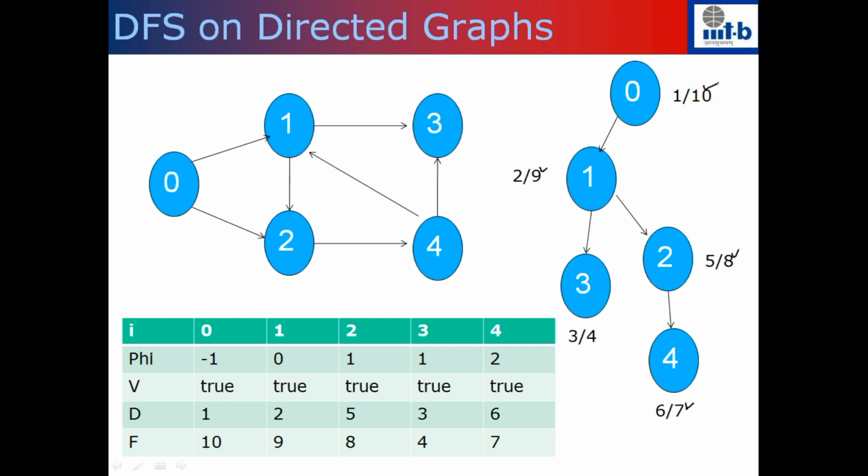So you start with a vertex, set the discovery time, and then just look at all the adjacent vertices. If the endpoint has not been visited, then you call the DFS recursively from that vertex. So once you end up finishing considering all the edges which are outgoing from this, you set the finish time.